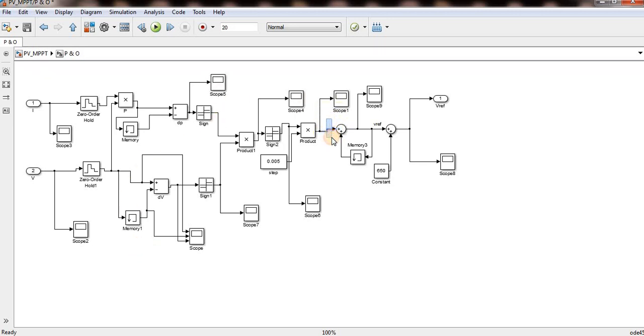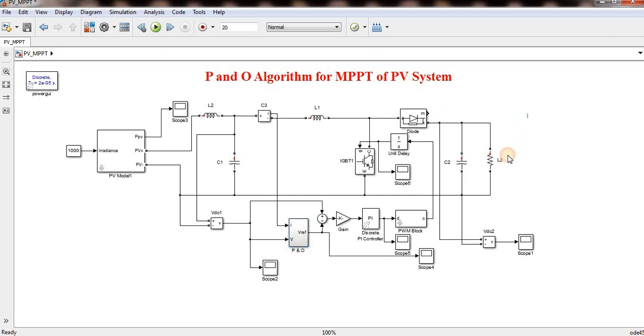From this you can stop it, whether if it is delta V positive, then increase your duty cycle. If it is negative, reduce your duty cycle. Or if it is positive, then give the pulse to your switch. If it is negative, stop the pulse to your switch in case of a grid connected PV system. In a grid connected PV system, if an inverter is there, you no need to bother about the voltage here. If more voltage, more power will come. More voltage means I have to increase my duty cycle. So based on that logic we have to design.